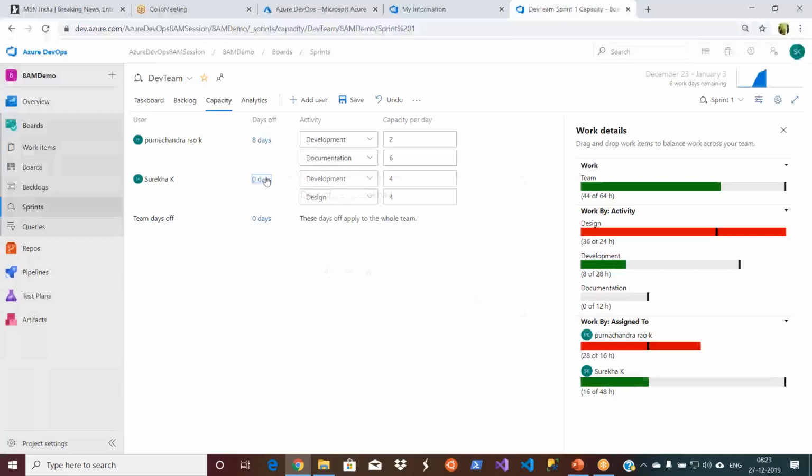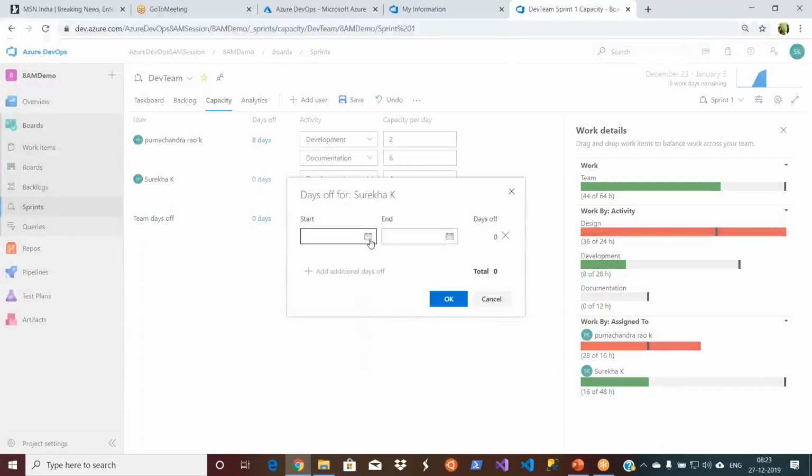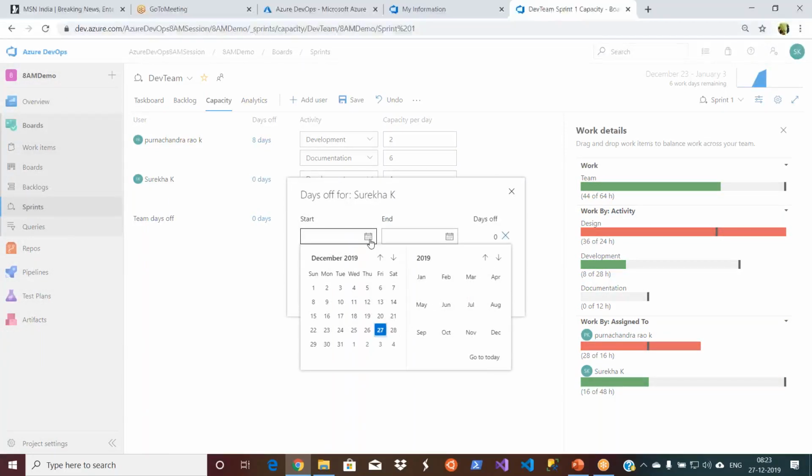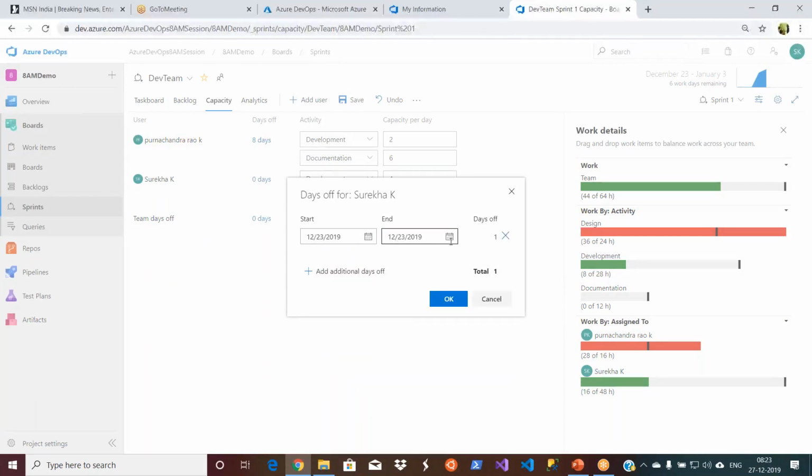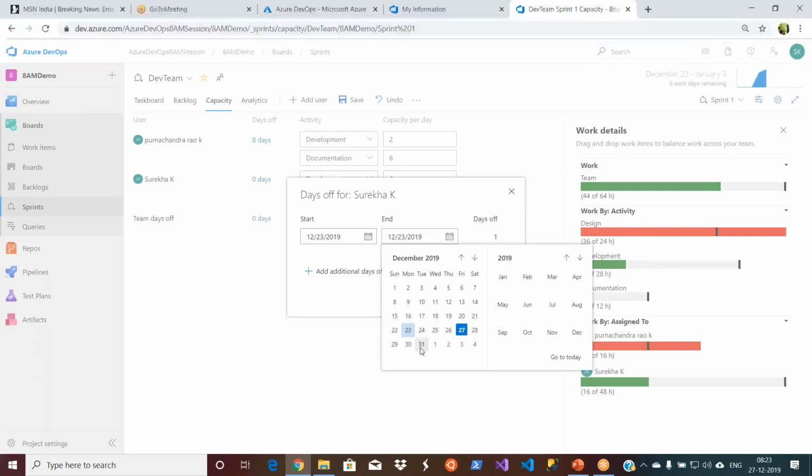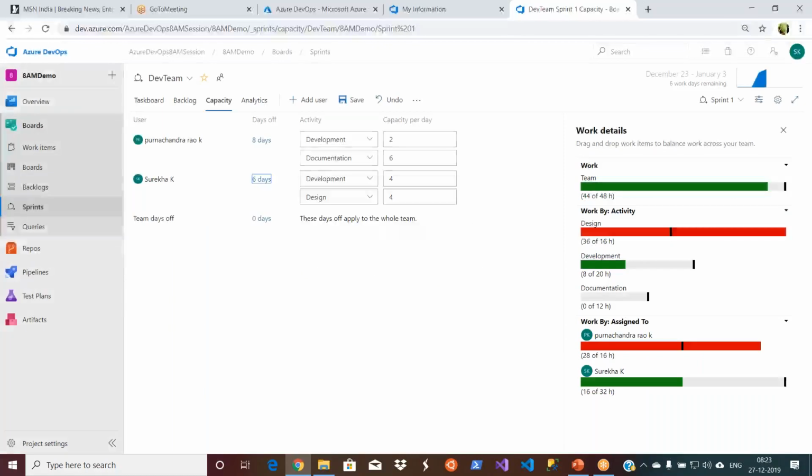Let's apply some leave plan for her as well. These are all the numbers. We just need to play and do the observations basically. So the whole intention is to see how this capacity planning works, how it is automated. Now I made a... let's click on save actually.